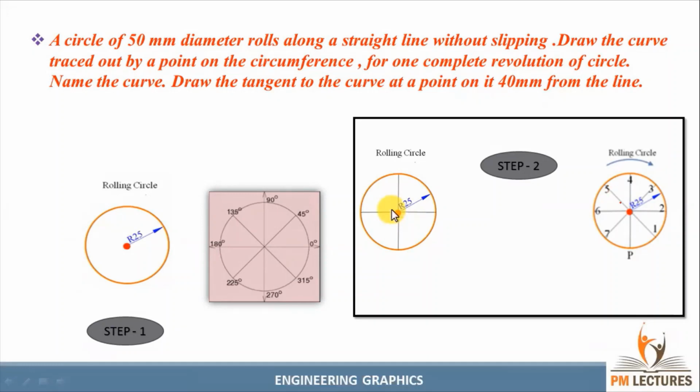Then you can give the names in the anti-clockwise direction. Please remember it, guys: we need to give the names in the anti-clockwise direction, and we need to start from here: 1, 2, 3, 4, 5, 6, and instead of 8 we need to put P here. So two steps we need to remember here. One is you should start from here and give the names in the anti-clockwise direction, and instead of 8 we need to put P. Okay, these are the two steps we need to remember.